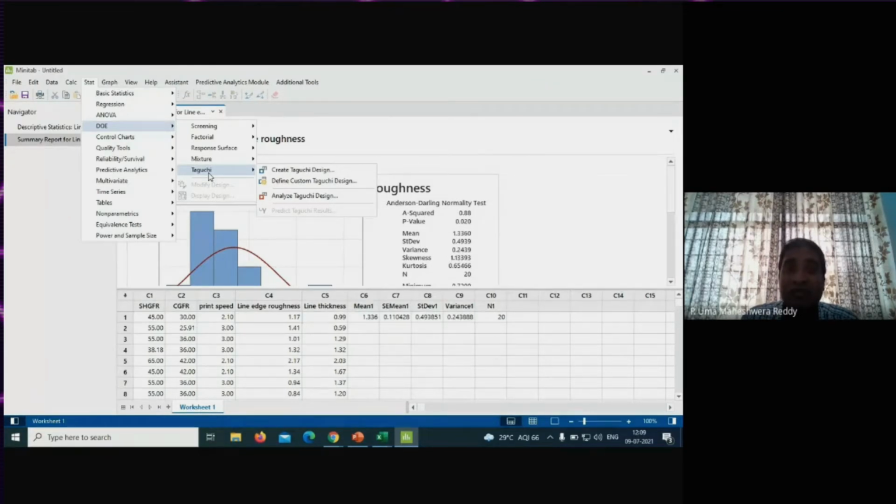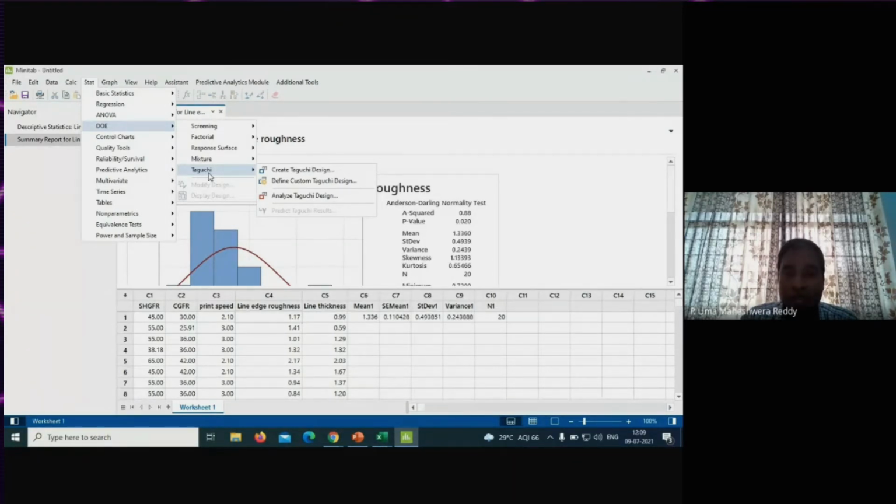Then they decided to work on the control factor, which can be controlled by the manufacturer itself. So you understand what is a control factor and what is a noise factor. Always the ratio of signal to noise, S by N, should be high. So the Taguchi technique works on this principle.